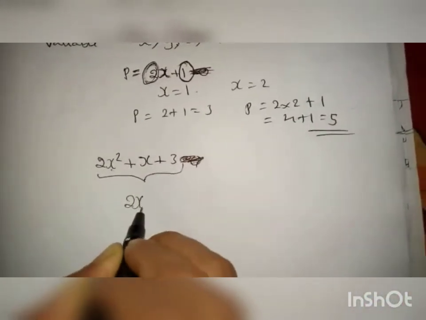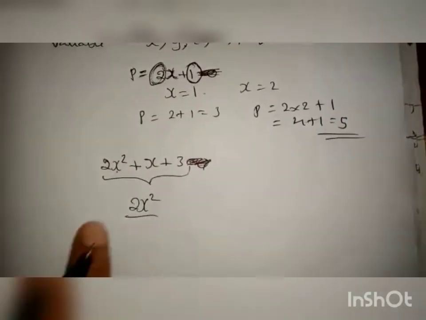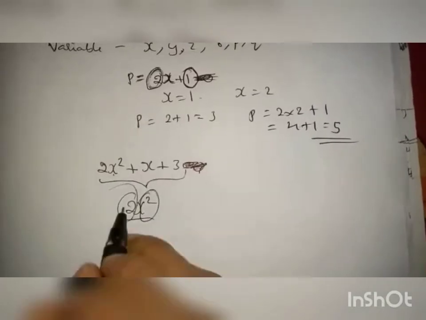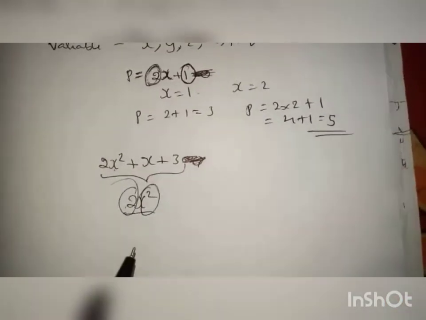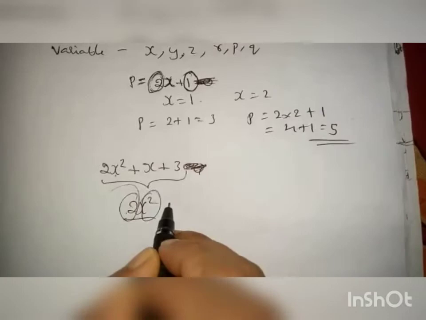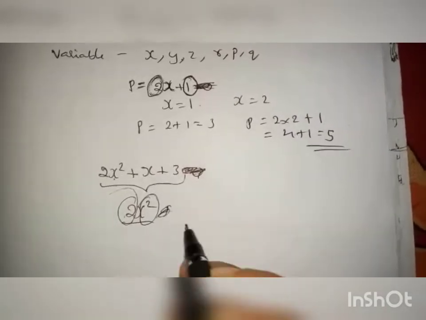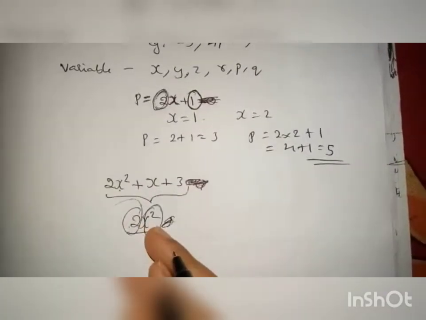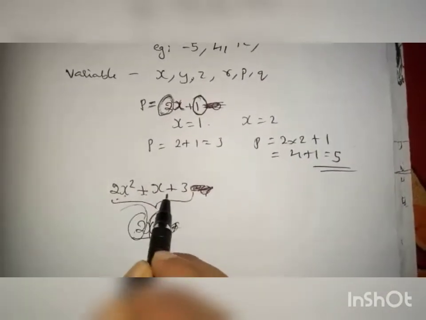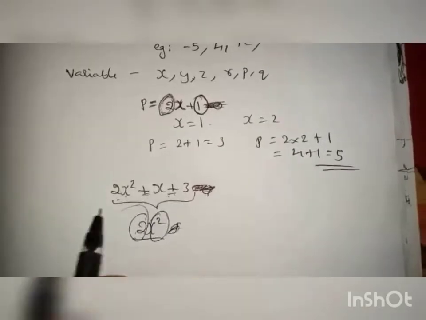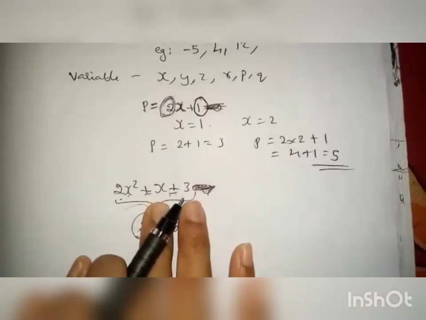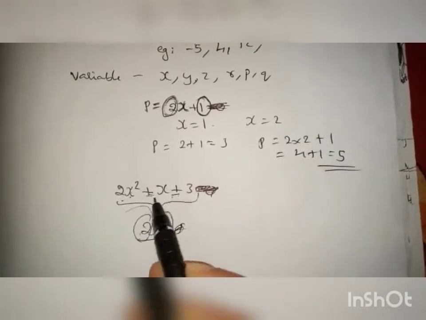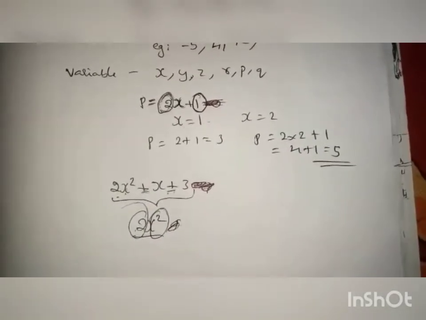If you take simply one term like this, here a constant is there and a variable is there. So this is simply an algebraic expression itself, where you don't have any mathematical operations, plus or minus you don't have, but still it is an algebraic expression. Here you have mathematical operations. So algebraic expression means what? It's a combination of constants, variables, and may or may not be separated by mathematical operations.